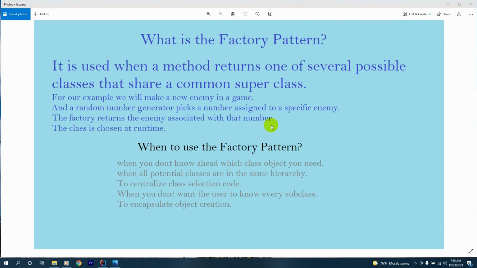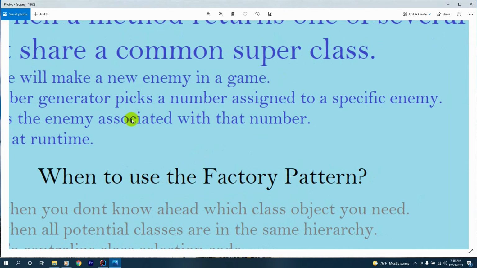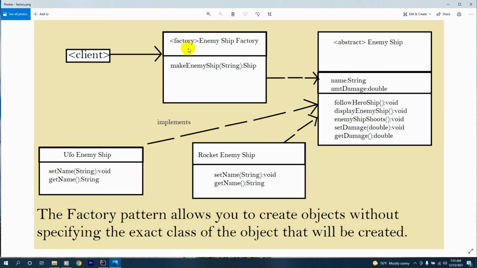Now let's see a UML diagram of the factory pattern. As you can see here, this is the UML diagram for the factory pattern. We have a client here, and next we have the factory, which is the enemy ship factory, which makes enemy ships, and it connects to the abstract enemy ship class, and the string name, double amount damage is followed, and we have the methods follow hero ship, display enemy ship, set